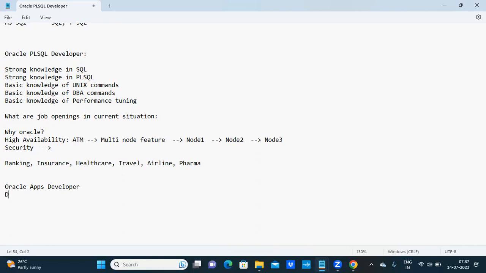Next, you can go as a data warehousing developer. In addition to Oracle PL/SQL, what else can you prepare? Data warehousing developer, and next AWS cloud developer,